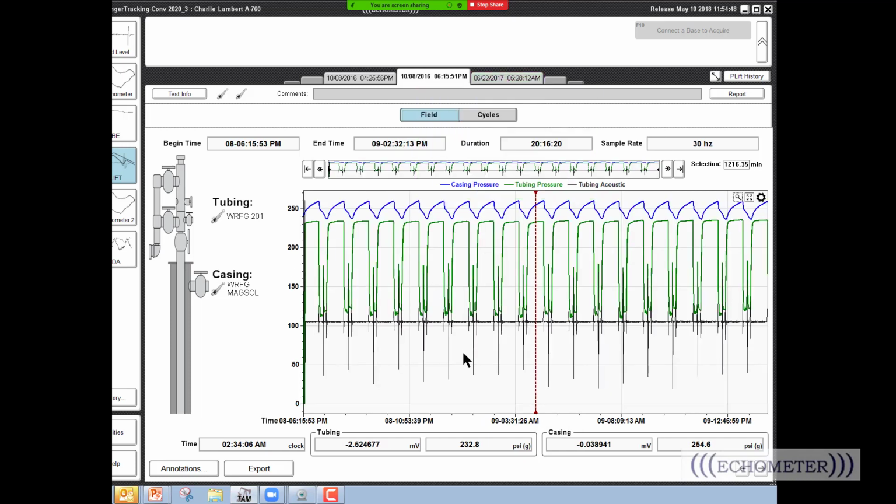Yeah, this is the data I want to talk about. So this data right here, we recorded the tubing acoustic and the casing acoustic, and this is the only well I've done that on that I can recall. And I wanted to see right here on this signal, the black is the acoustic signal. I wanted to see if I could see the pressure hop or the bang when the plunger hit bottom,